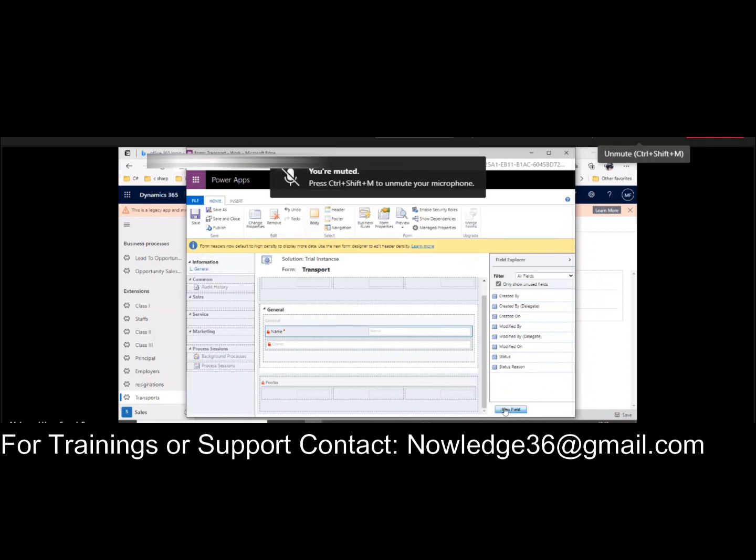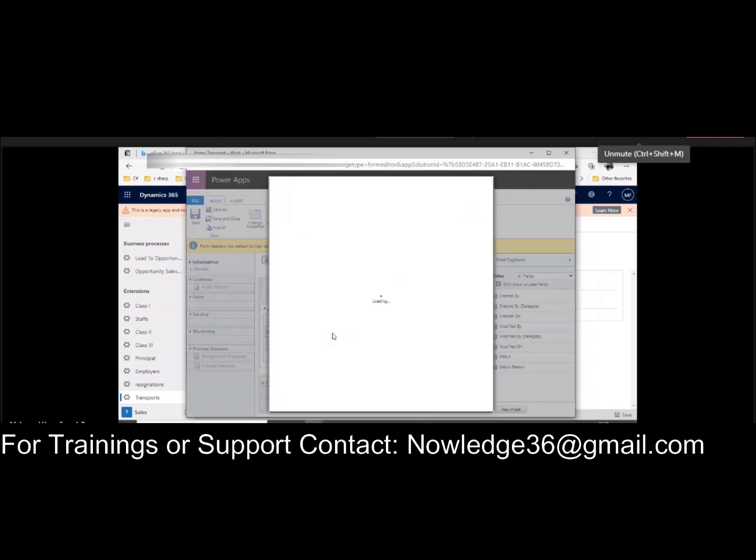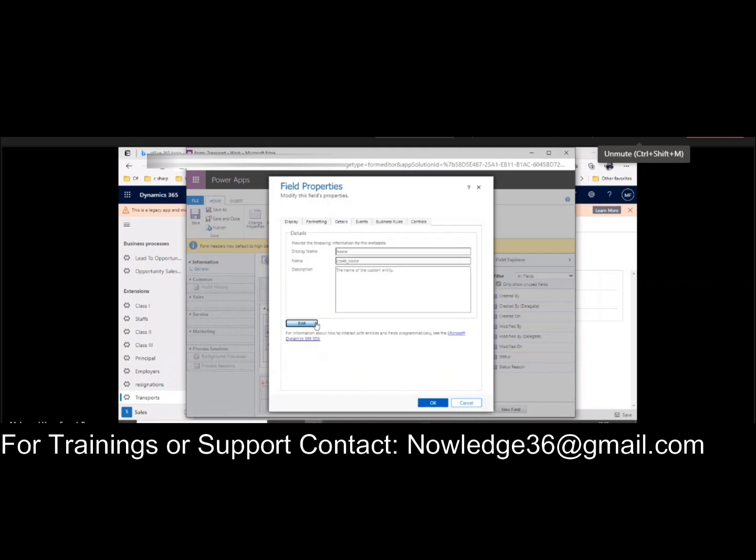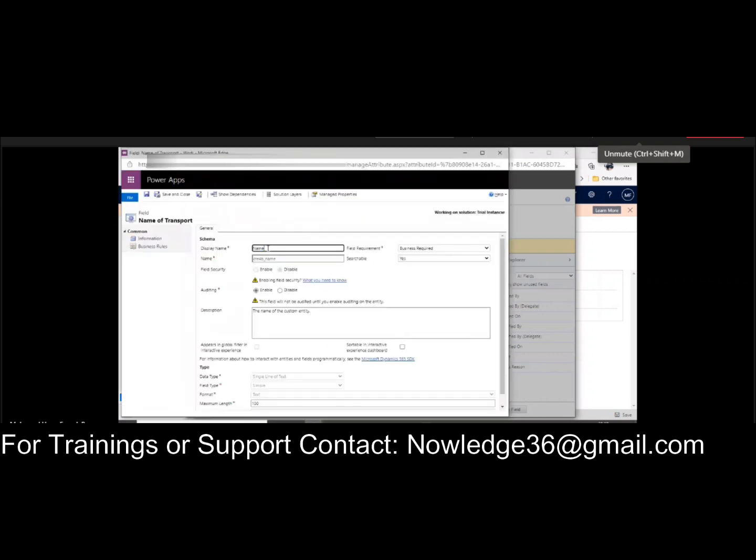Now we are going to create one new field. Go to the details and rename it. Student name. This is the field requirement. This has three types of method.